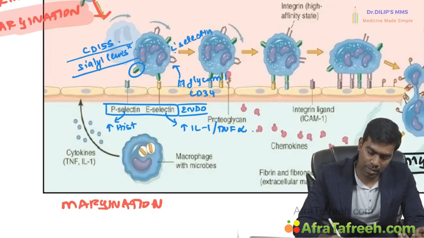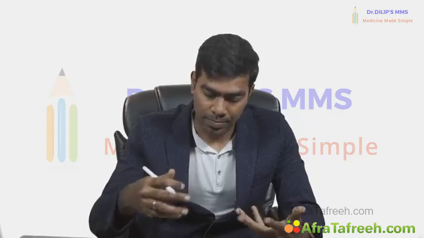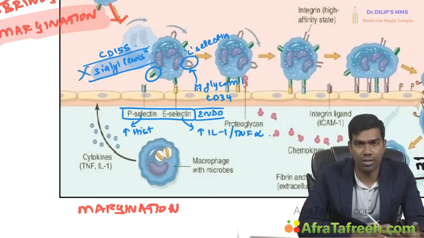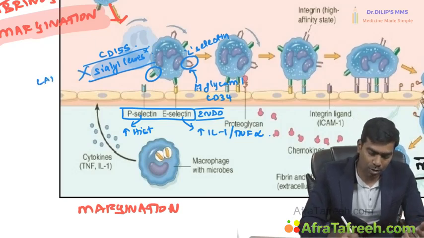L-selectin will be expressed on the neutrophil side, which is going to bind with GlyCAM-1 and CD34. So these are the molecules that are important for initial rolling. For example, this Sialyl-Lewis X may be deficient. One of the applied aspects of this is that Sialyl-Lewis X may be deficient in one type of leukocyte adhesion